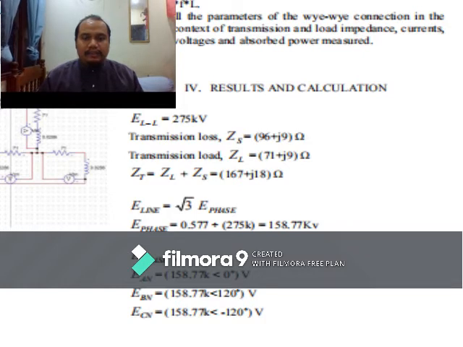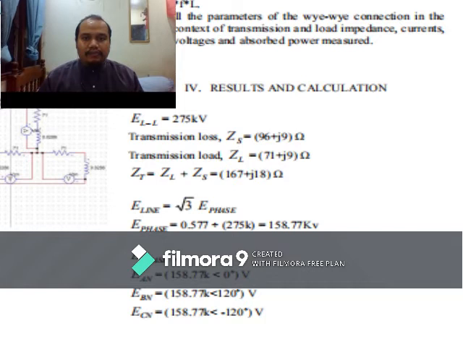E-line, as you can see the formula, equals the square root of 3 times E phase. My E phase equals 0.577 times 275 kilovolt, equal to 158.77 kilovolt. From E phase also,